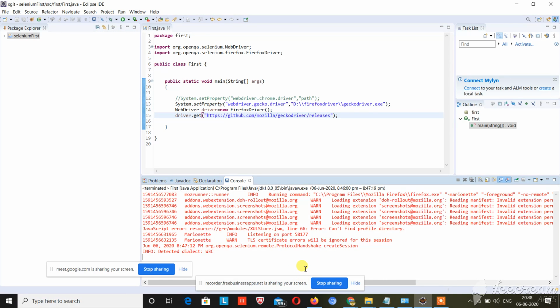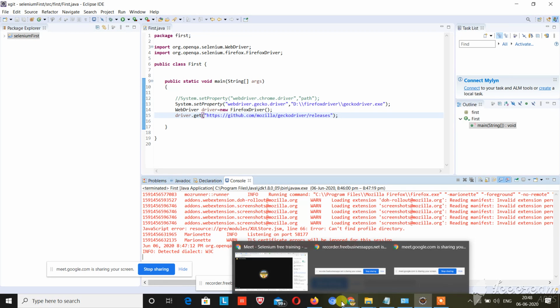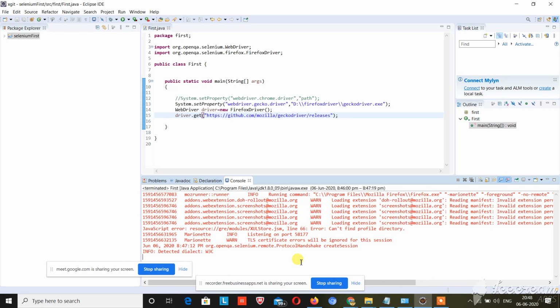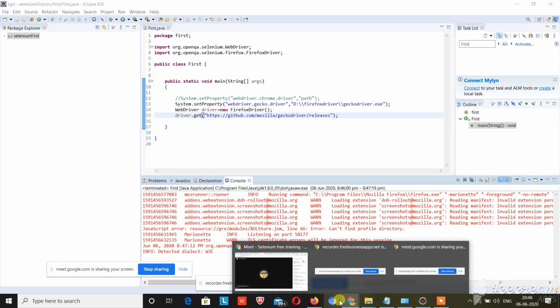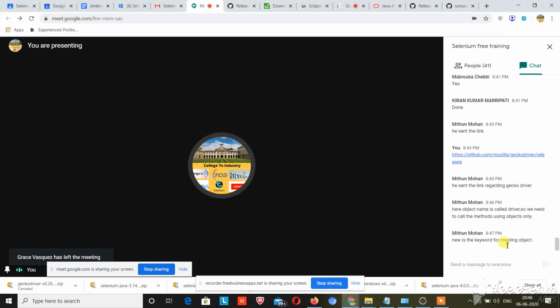So that's the problem occurring. Guys, I think in your machines it has hit the browser. It should have hit the browser, but in my machine it's taking time. Normally it doesn't take too much time.